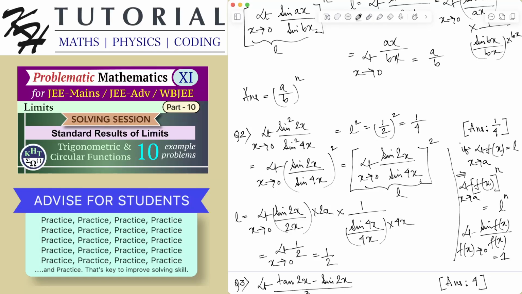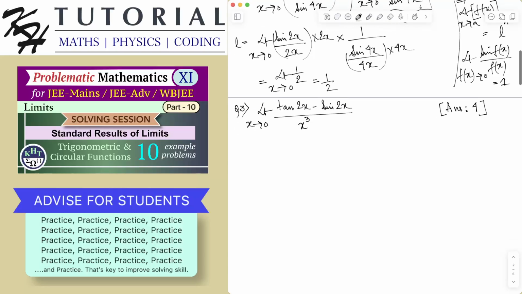Let's see the next problem. Tan 2x minus sin 2x divided by x cube, limit x tending to 0. In this type of problem, it is better if you convert everything in terms of sin x and cos x, in terms of sin and cos. So this is the limit x tending to 0. Tan 2x is sin 2x by cos 2x